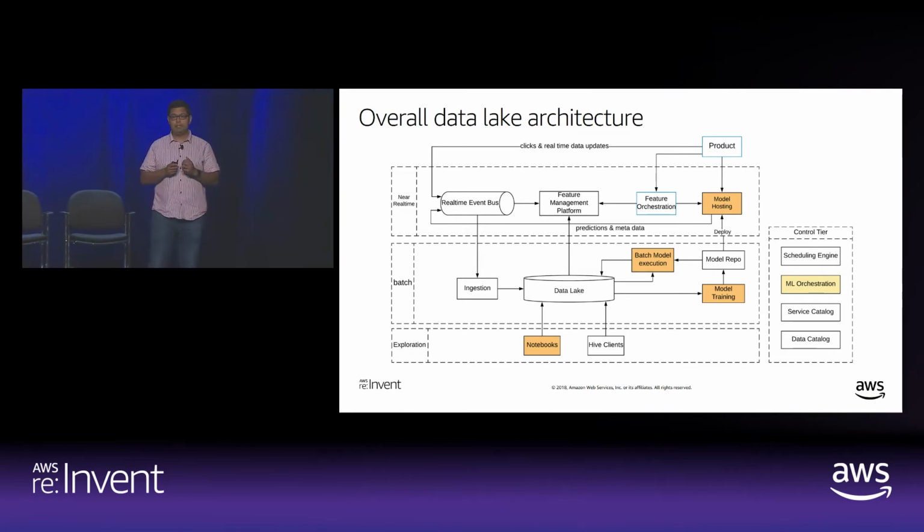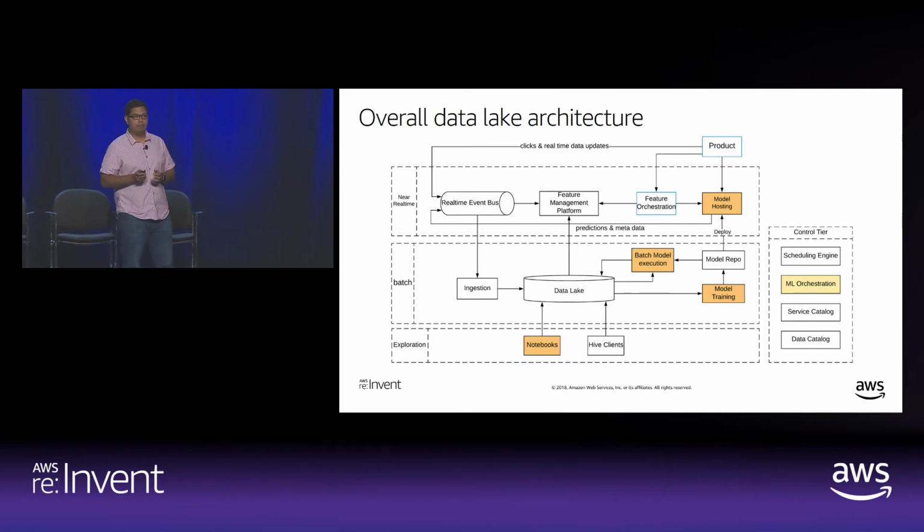We also have things that read off of the event bus and put it into our data lake for large-scale analytics and machine learning. And then we have data users, which are our analysts and data scientists, use things like SageMaker notebooks and traditional Hive clients to connect to the data lake, run large queries, get this data out. Once you have the data, we have a mechanism to